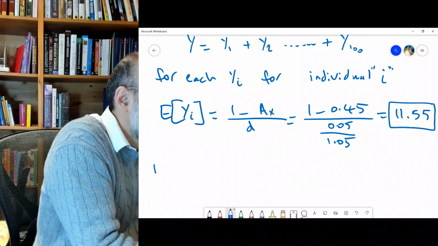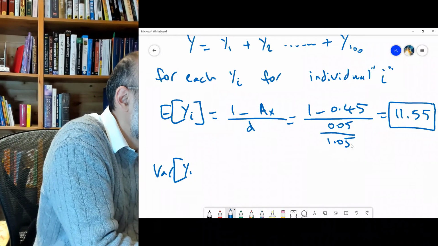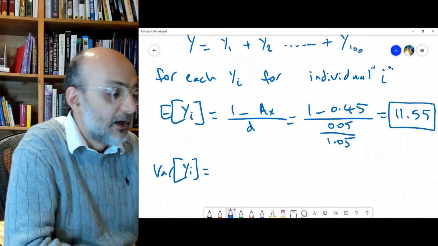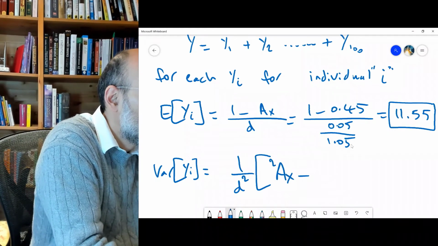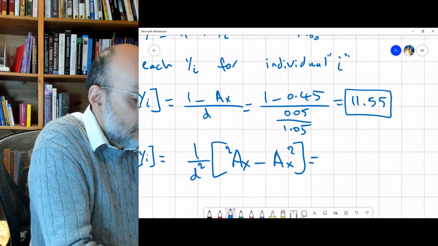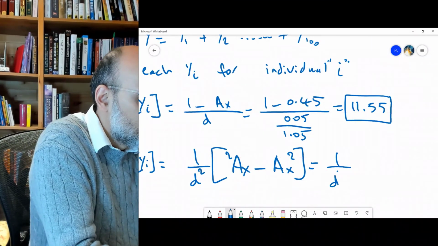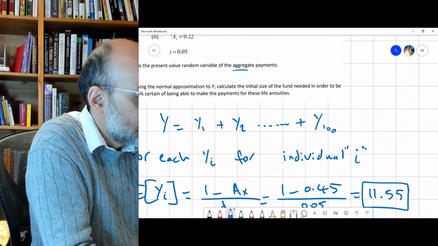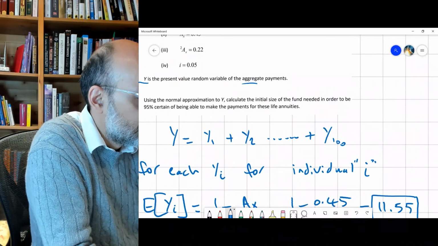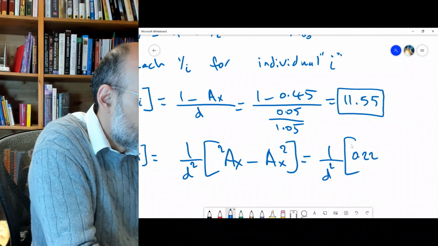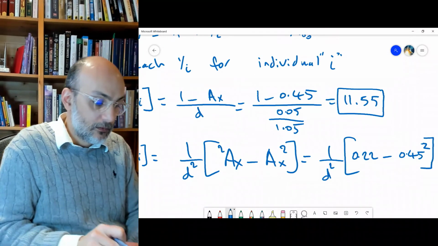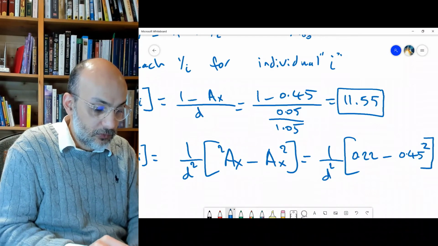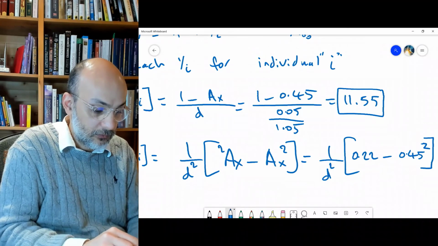This is for one life. What about the variance of one life? Like for one individual, what is the variance? It's simple. It's 1 over d squared, times 2Ax minus Ax squared. This is the discrete case. And we have 1 over d squared. What is 2Ax? It should be given in the question. 0.22 minus 0.45 squared. So I'll do it in the calculator. 0.22 minus 0.45 squared,